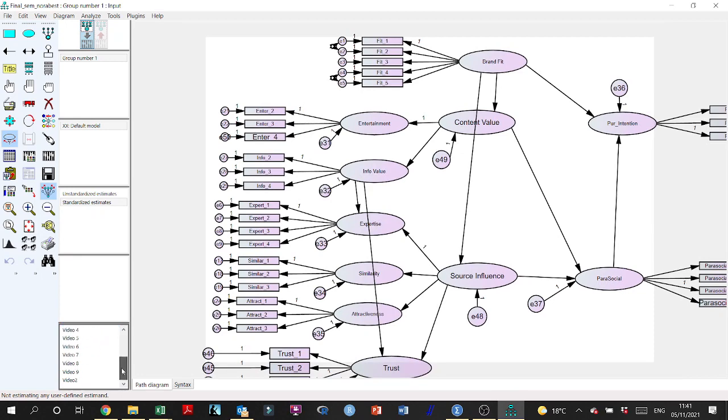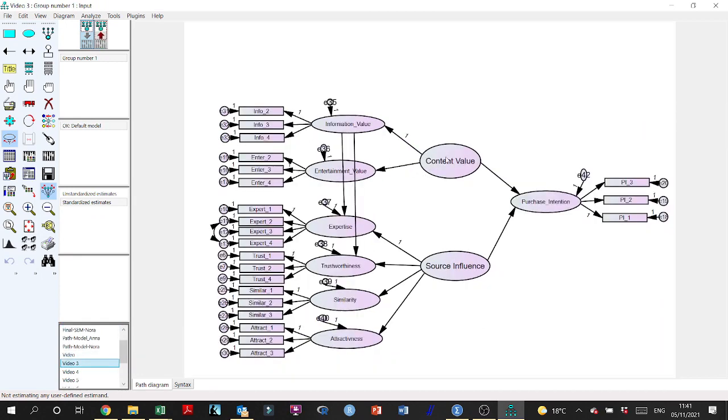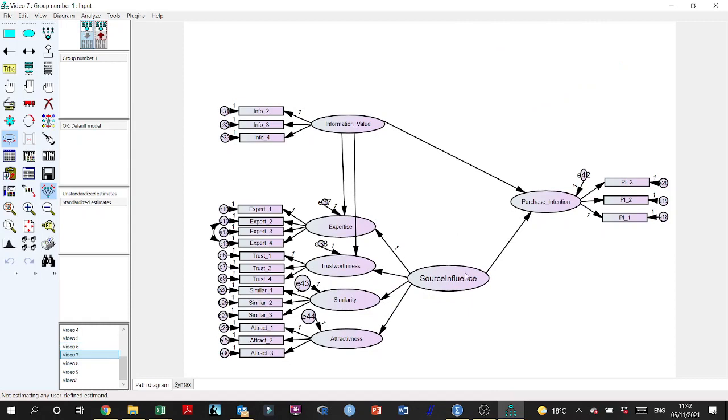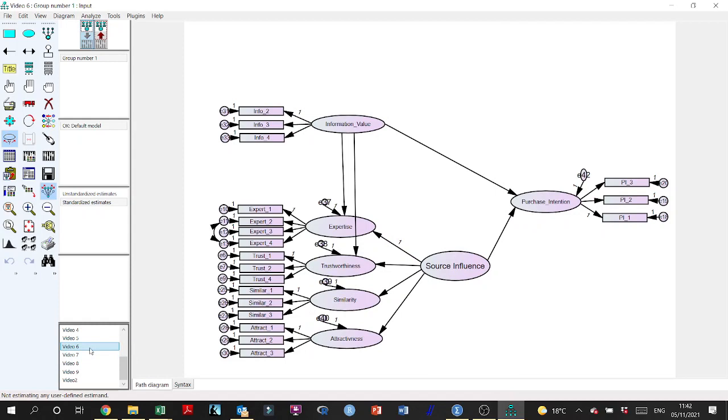To also further investigate, if we don't need the second order, we actually eventually found out that we still need the second order for these to be loading significantly on purchase intention, both information value and entertainment value. I had a model with information value and entertainment value on purchase intention alone, without the second order, and it also was not loading